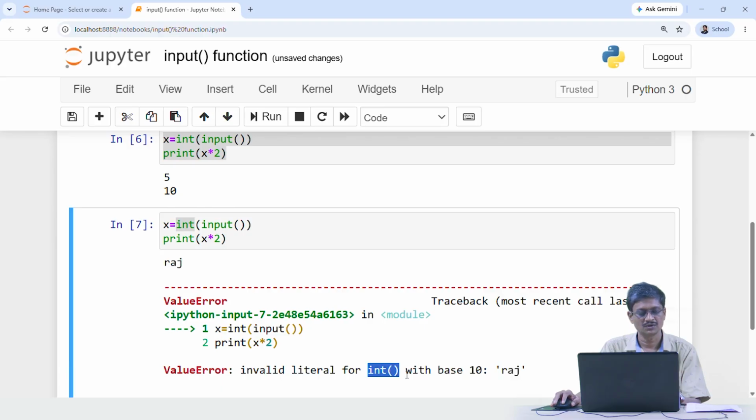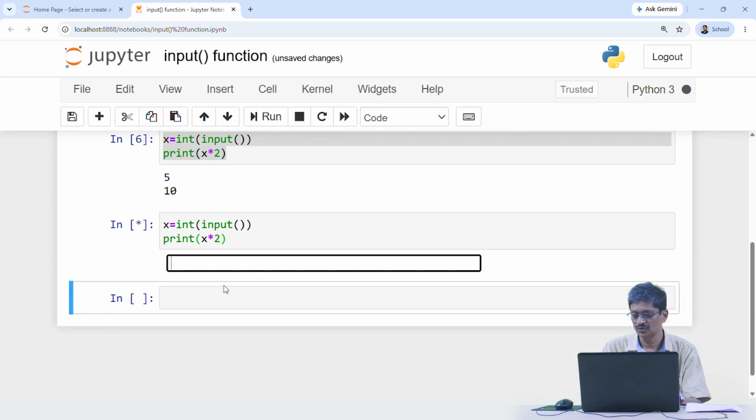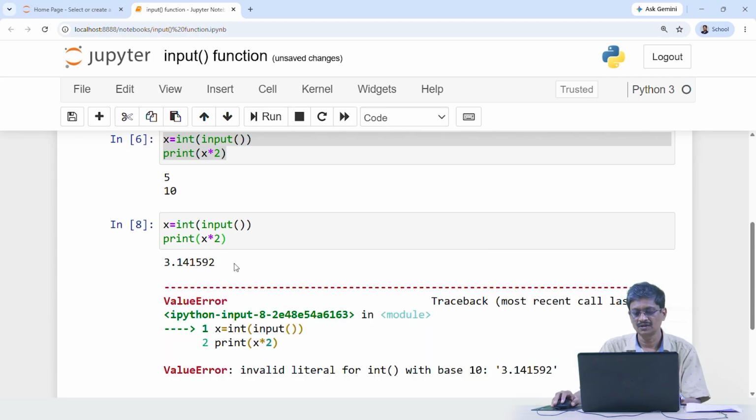So this is not possible. That's why it is going to give me an error. Now let us execute this code one more time, and this time I am going to enter a value of pi, that is 3.141592. So now this is a fractional number, it is having a fractional part. So if I try to execute this code, if I press the enter key, then also it is going to